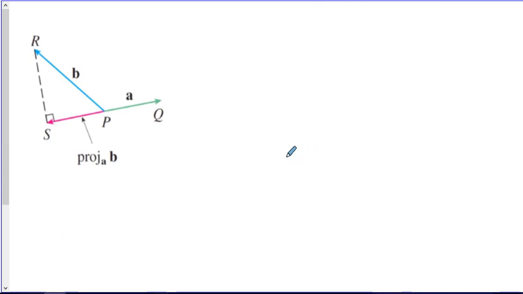Another thing that I wanted to mention is that it may happen that the vector B, when you project it onto A, doesn't look like it's literally on A. So we use that phrase "onto A," but to be a little more precise in the wording, what you really mean is onto a line that contains A. If you projected B onto a line that contains A, you may find that the component of B on that line is not